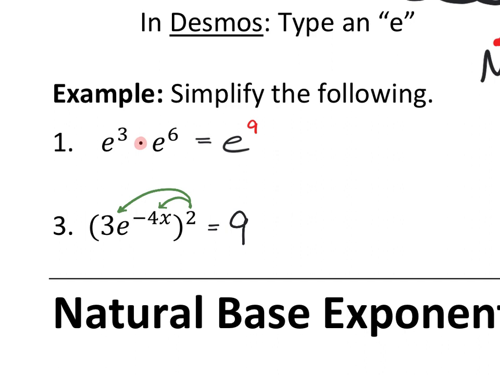Instead of raising negative 4x to the second power, I'm just going to multiply it by 2, which would make this e to the negative 8x power. Does that make sense? These are all rules we've kind of done before, so it should. What's interesting, though,